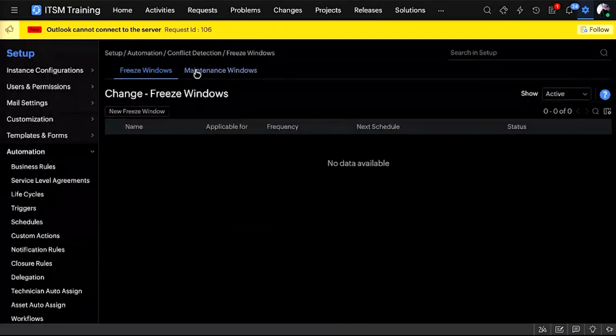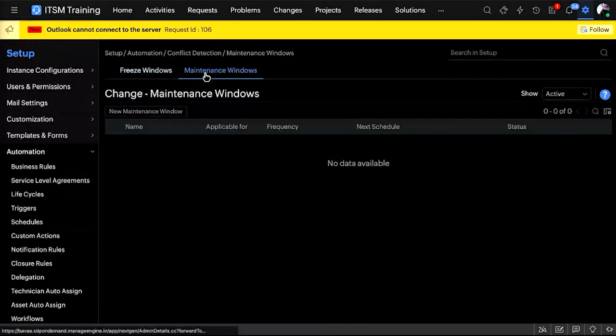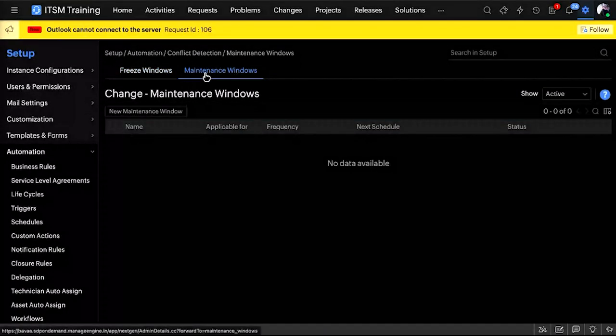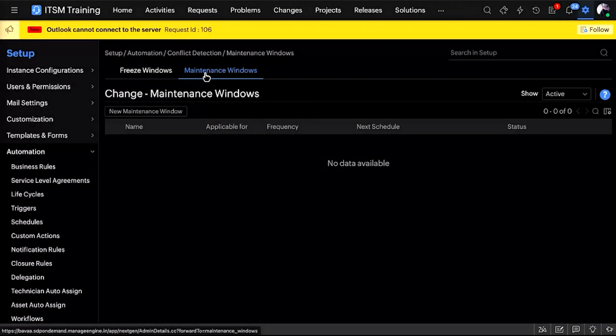Next, we have the maintenance window. A maintenance window is a pre-planned time slot during which we perform updates, fixes, or improvements to our system. These activities are scheduled in advance to minimize disruption, usually during weekends or late night hours when fewer people are